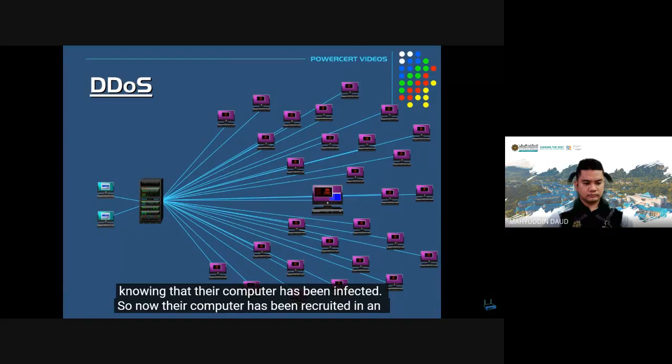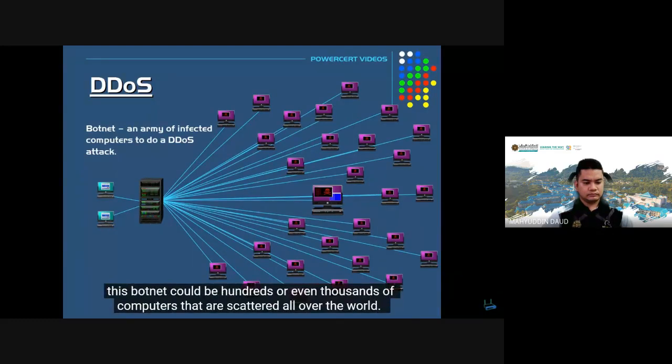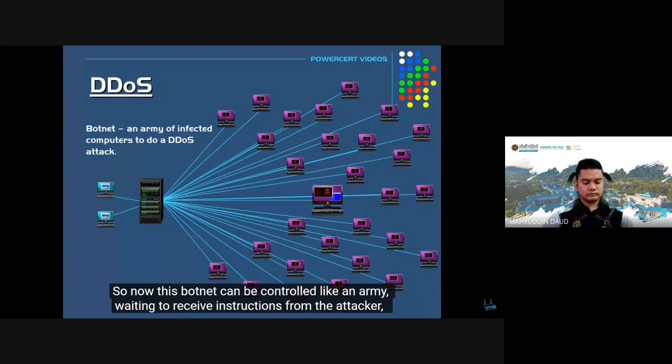So now their computer has been recruited in an army of other infected computers to perform a DDoS attack. And this army of infected computers is what's called a botnet. Now this botnet is not just limited to a few computers. This botnet could be hundreds or even thousands of computers that are scattered all over the world. So now this botnet can be controlled like an army,